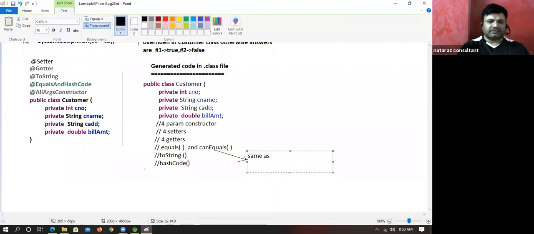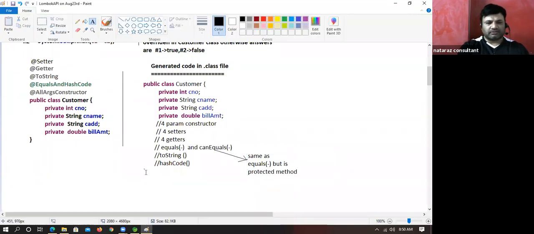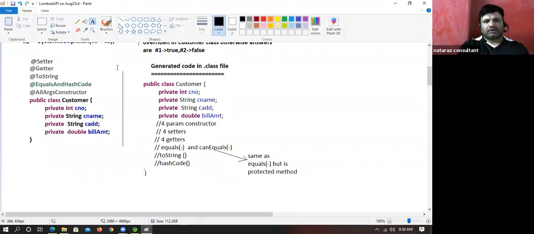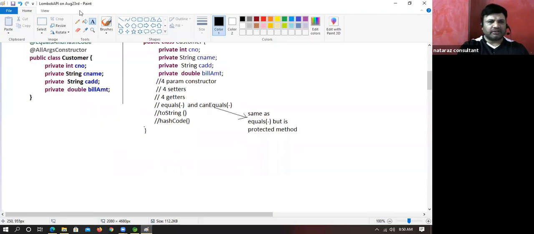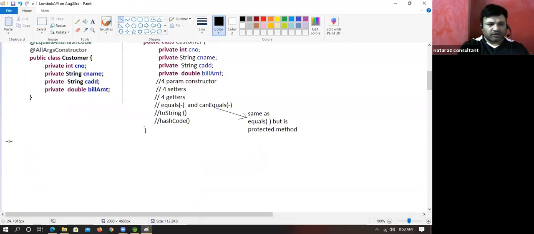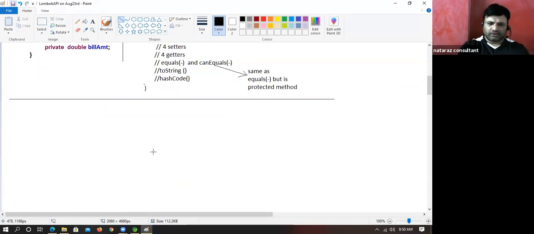Same as equals, but it is a protected method. Everyone got the clarity about it? Yes. So this is about the equals method related story, equals and hashCode. So now we have other annotations.